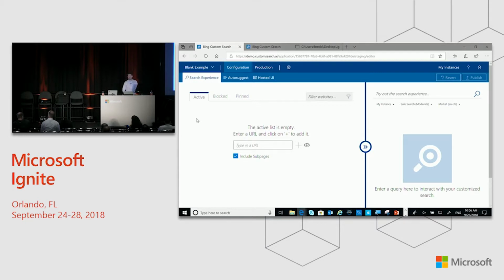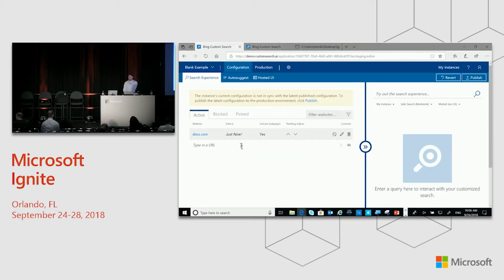Okay, what am I looking at, you're wondering? Well, this is the administration tool for Custom Search. You've just signed in, it's a blank canvas, and it allows you to create a custom search in literally seconds. All you have to do is enter in your domain. I'm going to pretend that I own all of the content on Xbox.com. I'm a gaming company. I'm going to pretend Xbox.com is my company, and I'm going to use that to demonstrate. So all I did was type in